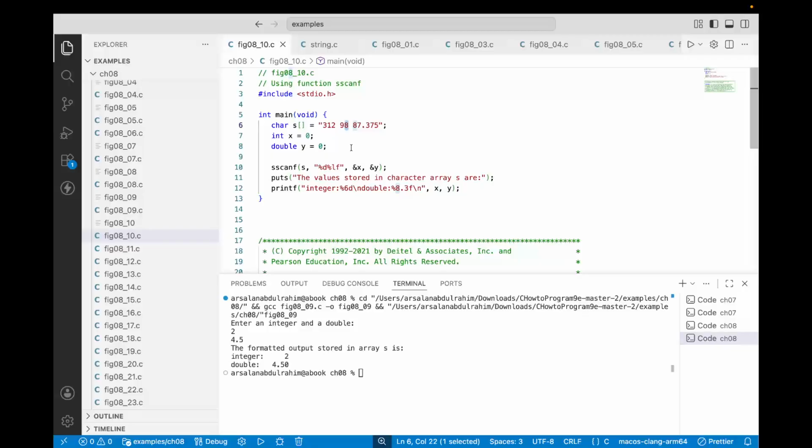Now this is very tricky over there. What has happened? I've changed this example for you. 312 will be going inside X because this is the first thing inside it. Then you have 98. Now, next thing is long float, LF. Technically, if I have, let's say, just 87.375, so Y will be having 87.375. And if I just run it, you can see now integer is 312 and double is 87.375 by using this